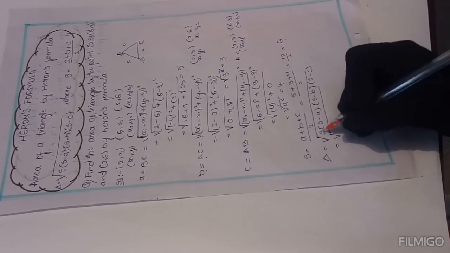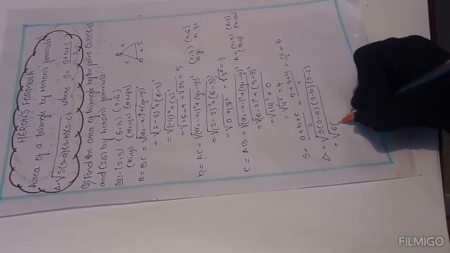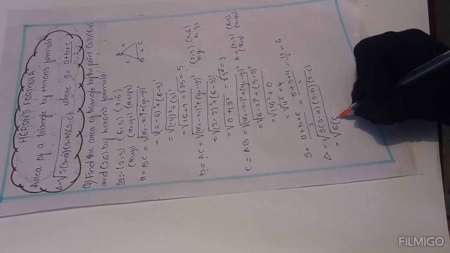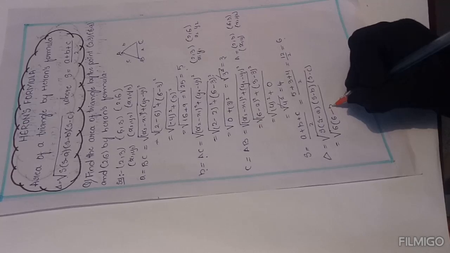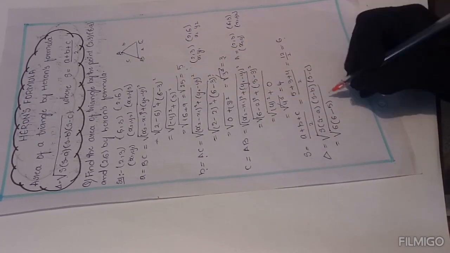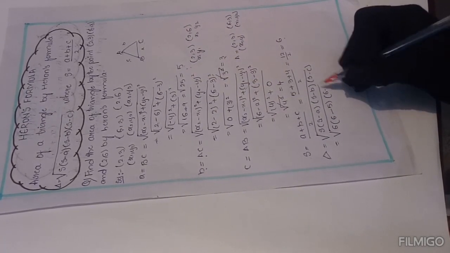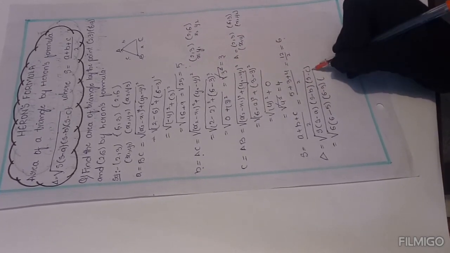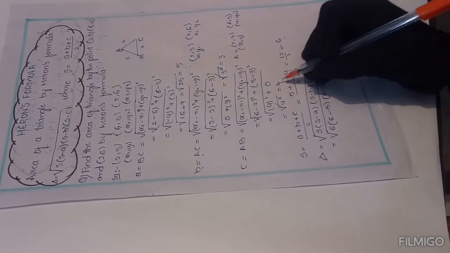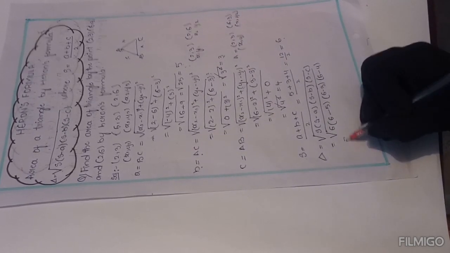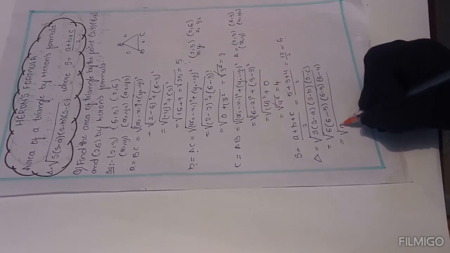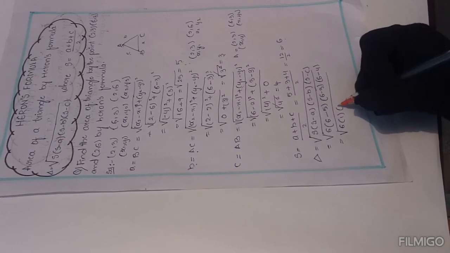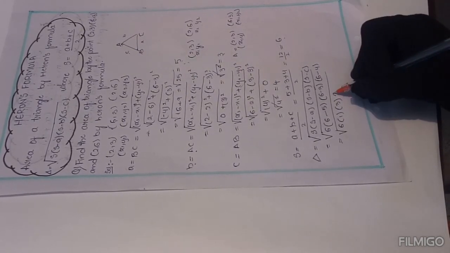The value of S is equal to 6 and S minus A, the value of S is 6 minus the value of A which is 5, the value of S is 6 minus the value of B which is 3, the value of S is 6 minus the value of C which is 4. Under root of 6 as it is, 6 minus 5 which is equal to 1, 6 minus 3 which is equal to 3, 6 minus 4 which is equal to 2,